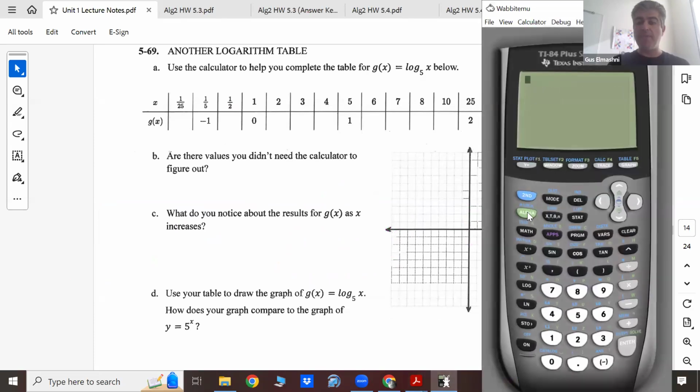So we're using log base 5. I've hit the math button and scroll down to, I think, option 8 or 9. No, A, sorry. You can locate it there as well. Go to math and then scroll down, or do alpha window, either way. Alpha window, option 5. Show it again. Sure. Alpha window